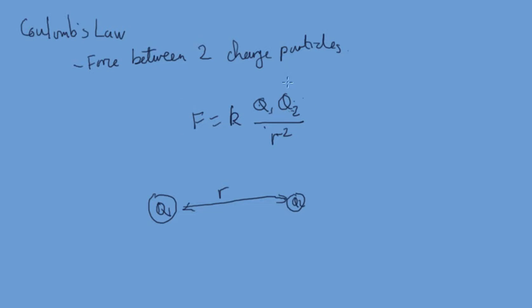And just note the similarities to Newton's law of universal gravitation, where you have the masses of two objects, and again they are inversely proportional to the distance squared. Now k, for two charged particles in a vacuum, would be 1 over 4 pi